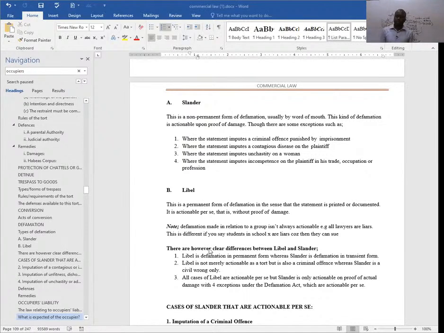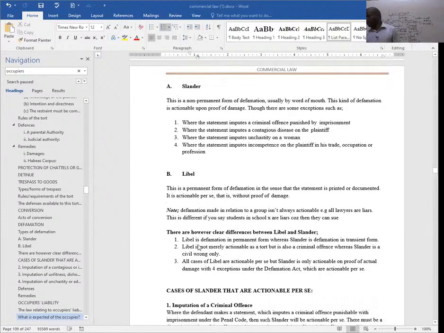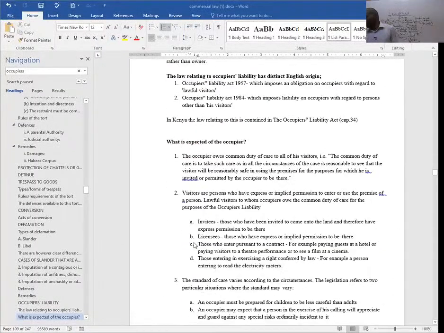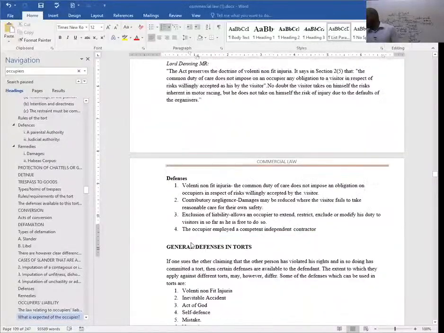So we can look at the general defenses of tort. What we mean by the general defenses of tort are basically those defenses that can be used by the defendant to protect himself in a court of law if you're accused of defamation, or occupiers' liability, trespass, and all those we've come across under the law of tort. So in this case, what should come to your mind most obviously is statutory authority. It is a form of defense under almost all of them. So you can just have a look at them.